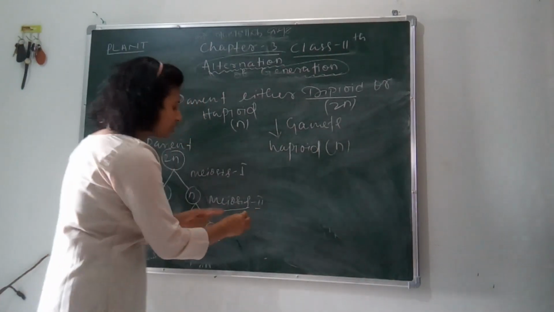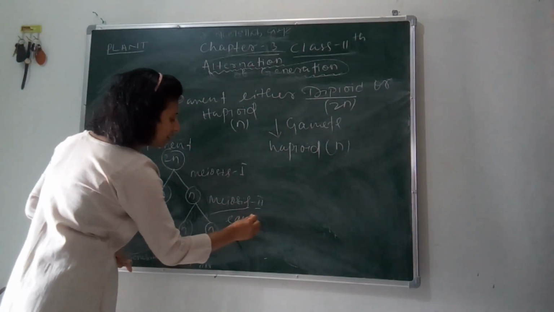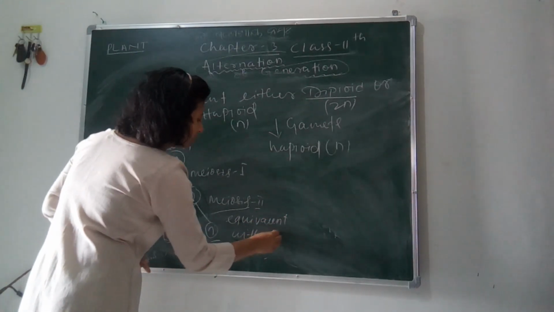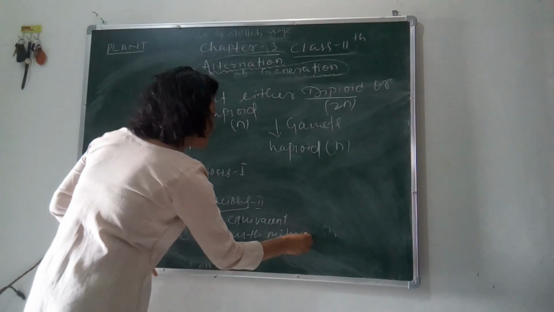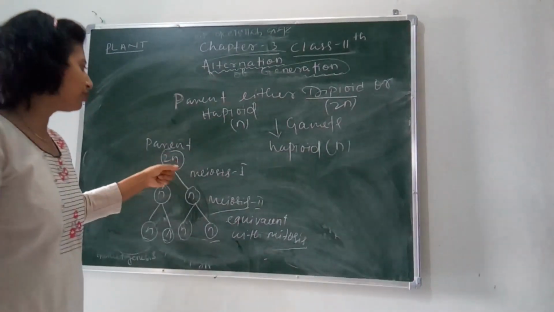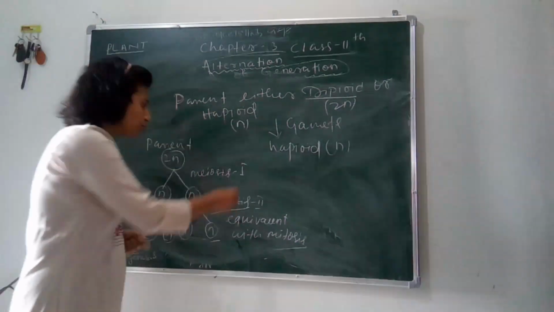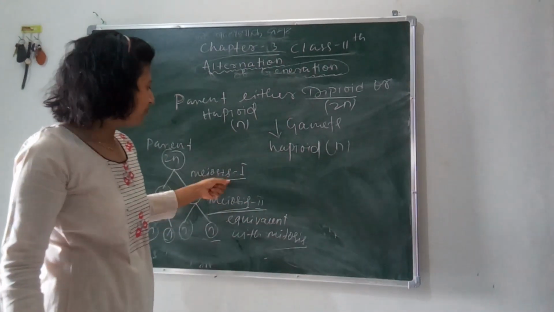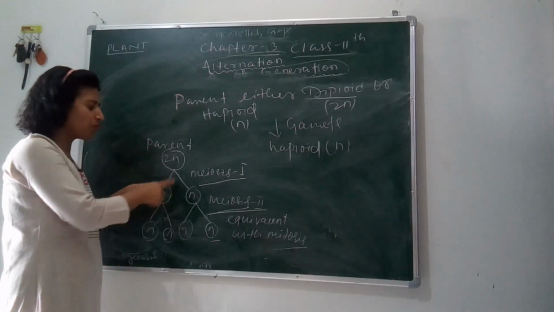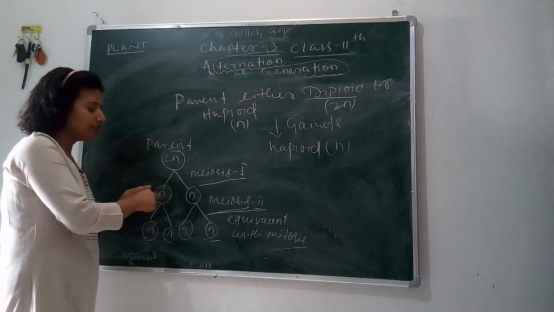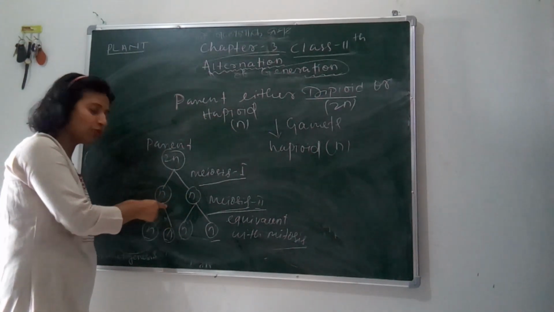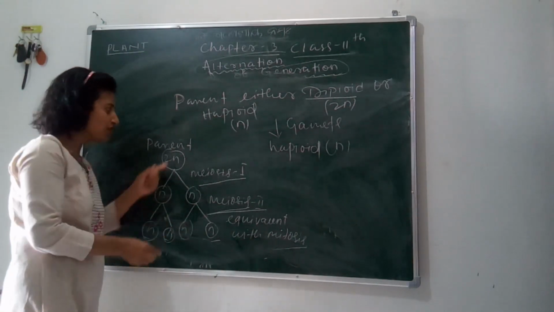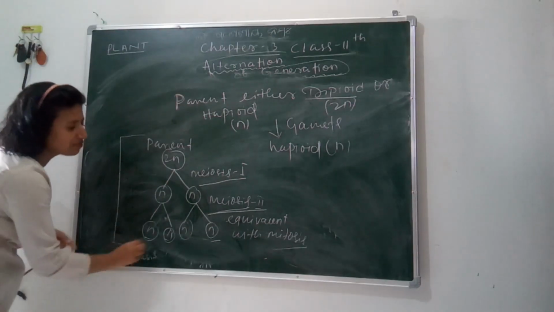And remember, meiosis 2 is equivalent to mitosis. As we know, mitosis is another type of cell division, but meiosis is completed through 2 steps. One is meiosis 1 and another is meiosis 2. In meiosis 1 only the reduction of chromosomes takes place, but in meiosis 2 the reduced chromosomes again give an equal number of spores that have an equal number of chromosomes. So this is how the diploid parent forms gametes.